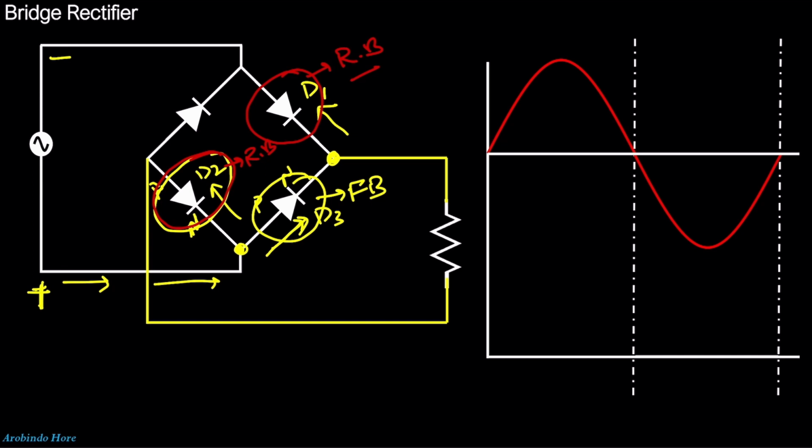Or if you didn't understand this one, just think like this. This is negative, right? And the negative terminal is connected with the P side of this D1 diode. That means this diode is in reverse bias. Okay? So current doesn't have any choice, right? So current will flow from this point to the load resistance and this side and go to this and this